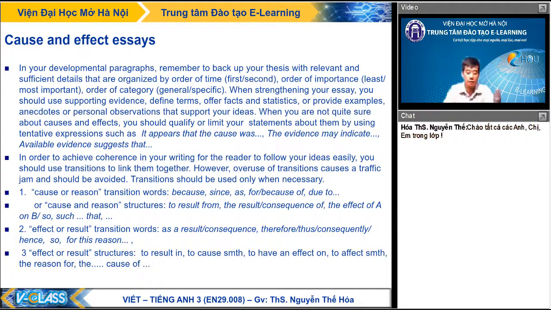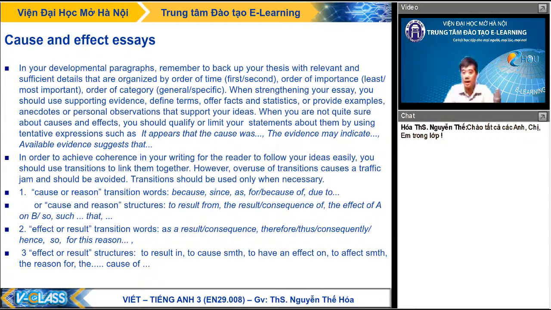When strengthening your essay, use supporting evidence, define terms, and use artifacts and statistics to provide an example, anecdote, or personal observation